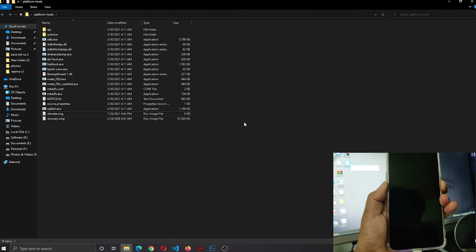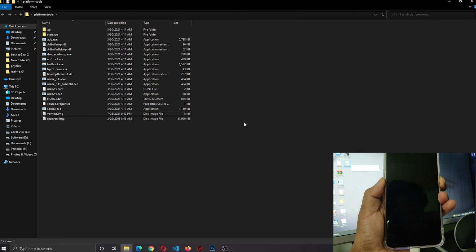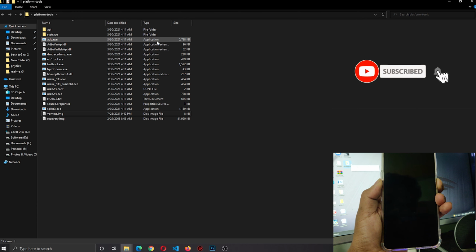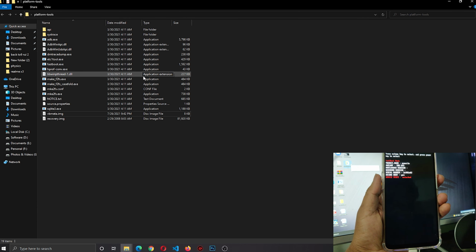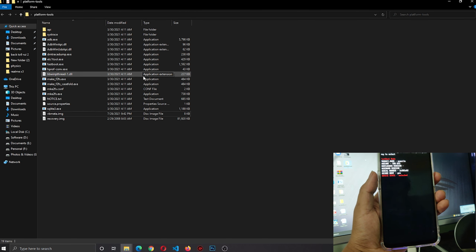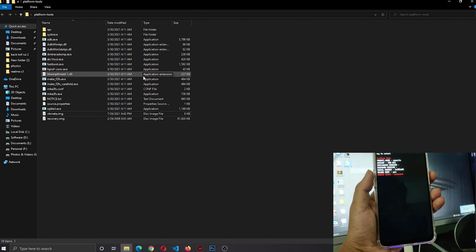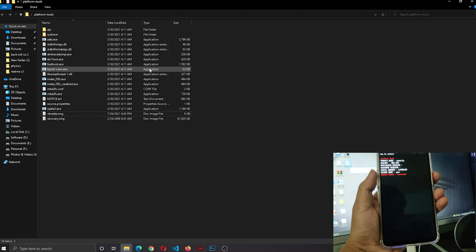Then you have to boot your phone into fastboot mode. For that, press the volume down key and the power button together. After that, connect your phone to your PC or laptop using a cable.